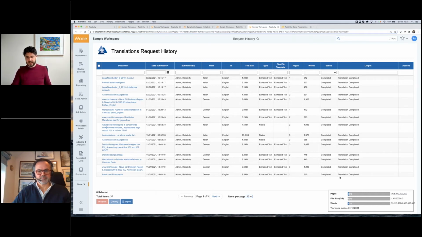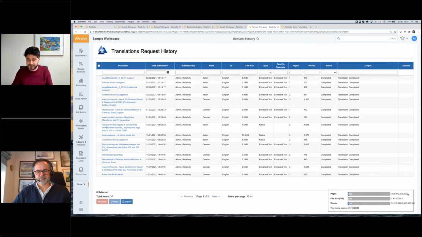The last thing that you'll see here in the bottom right-hand corner is an admin view. So only administrators, Relativity admins who are logged in can see this. And this is an overall view of your subscription. So this particular test account we're using has 2 million pages in its subscription.